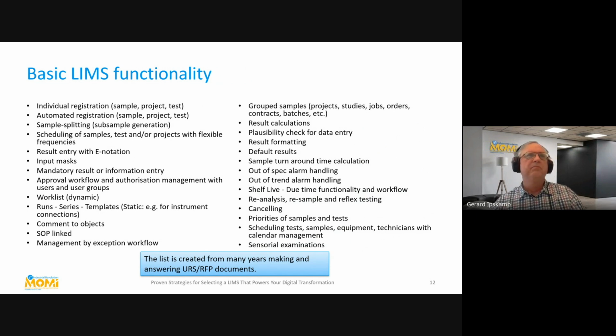And it helps me in my work if I go into a laboratory and start gathering requirements. This is a list that I use to make sure that I'm not missing anything in collecting requirements.